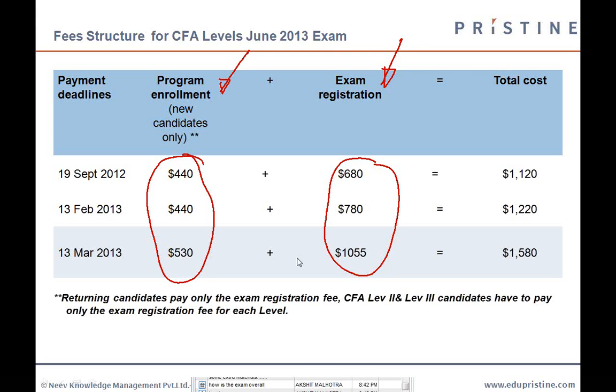Similarly, if you want any tips for the exam, Pristine lectures are an ideal way, because the people who take the lectures have already passed the exam. They know how much effort you need to put in, and what important exam tips you need to follow. So that is where the real power of Pristine comes. Having said that, the study material of Pristine is also good, but I would not rely only on it.